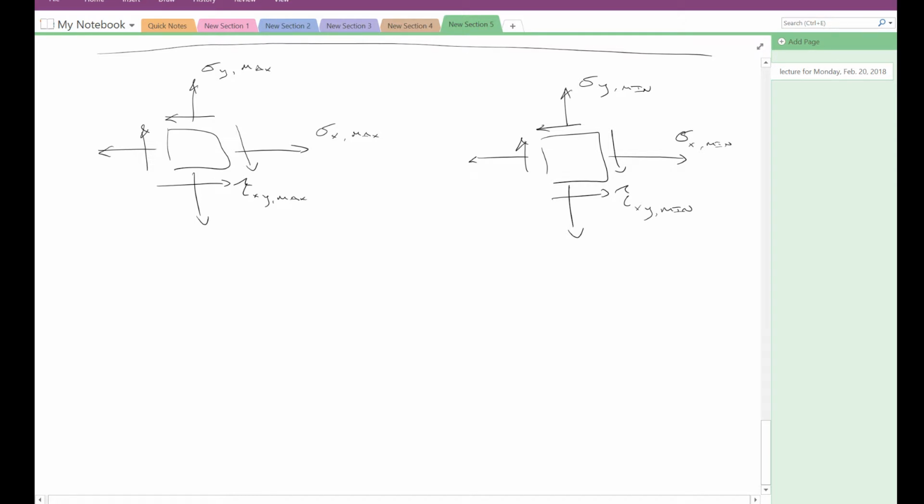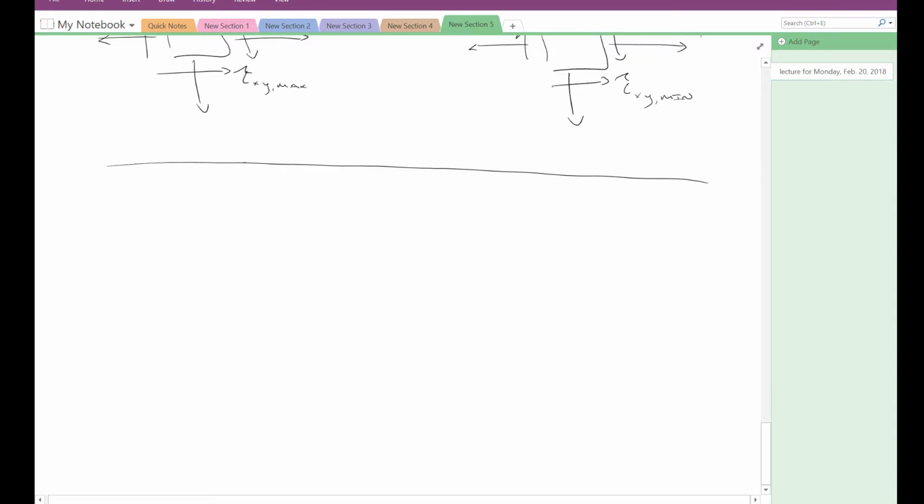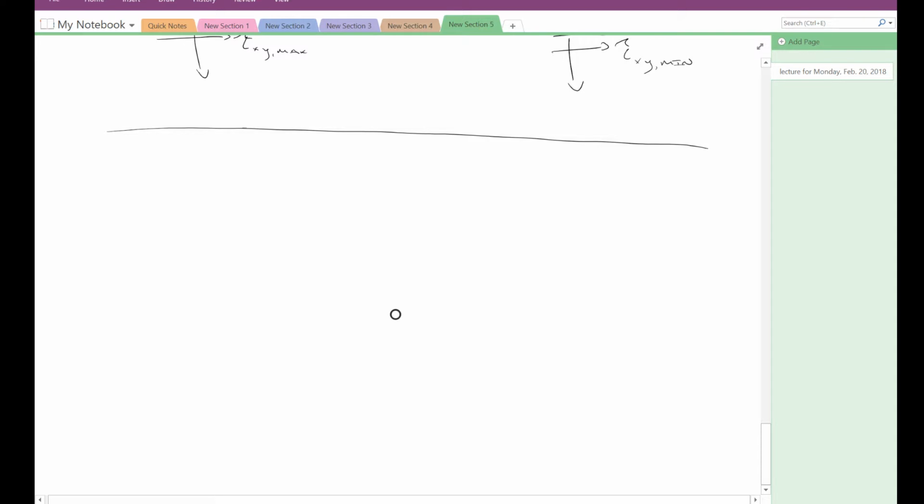So this is multidimensional loading, right? So this makes things a little bit more complicated. Not impossible to calculate, but just a little bit more complicated. So we're going to break it down into two parts. We're going to look at our mean stresses separate from our alternating stresses. All right. So if we look at our mean stresses,